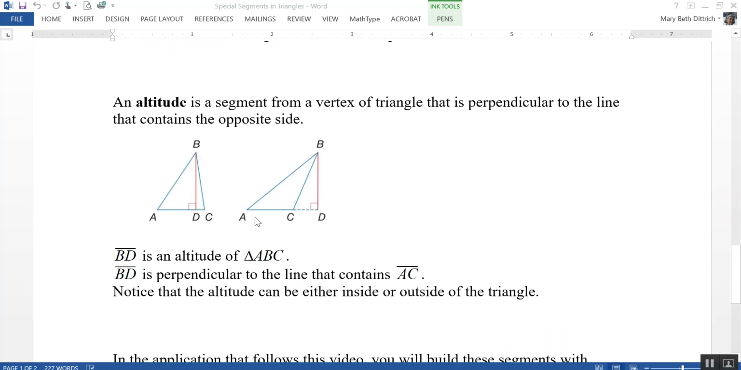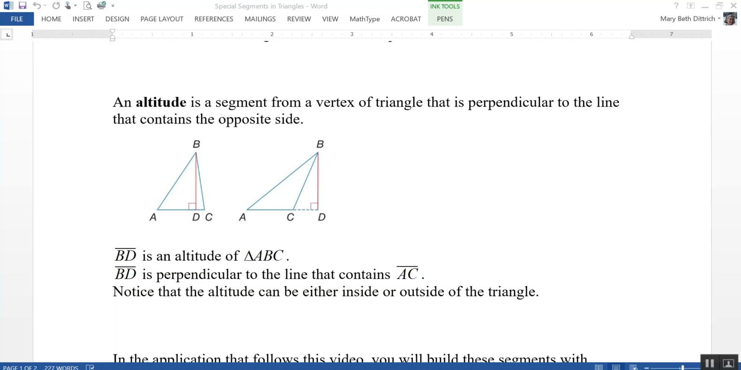An altitude is a segment from a vertex of a triangle that is perpendicular to the line that contains the opposite side of the triangle. So in this case, segment BD is an altitude of triangle ABC. In the first triangle here, it starts at point B and it drops straight down to point D and is